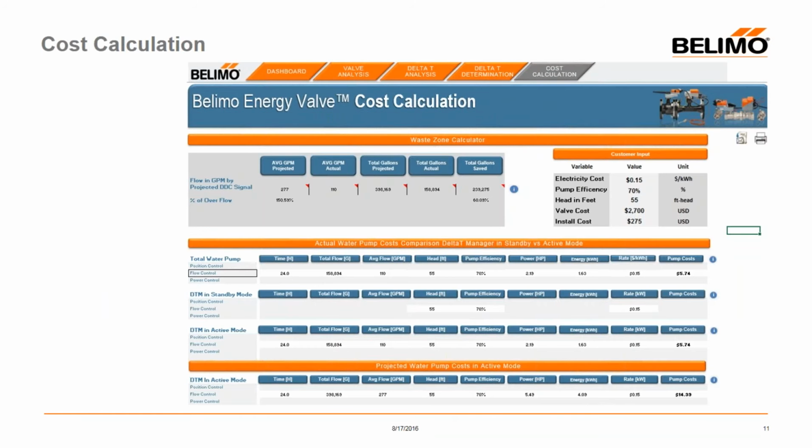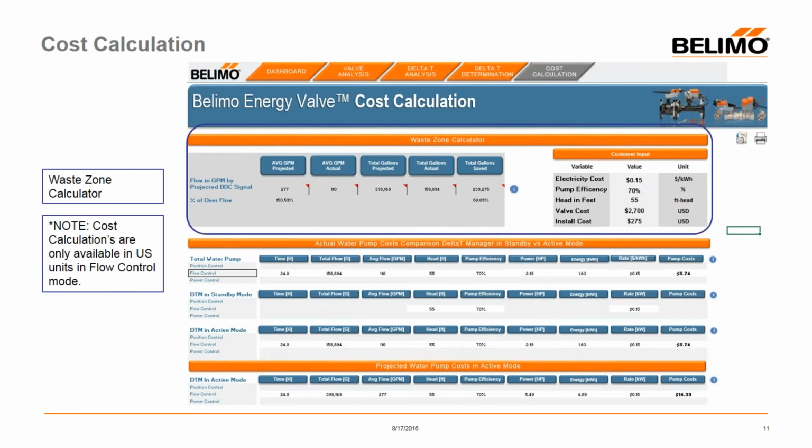The next and the last tab in calculating anyway is the cost calculation tab. Again, we start with the dashboard so that we can quickly and easily go between tabs. The next part is what's called the waste zone calculator. What we're doing here is we're actually taking a look at the projected flow rate of the water through the